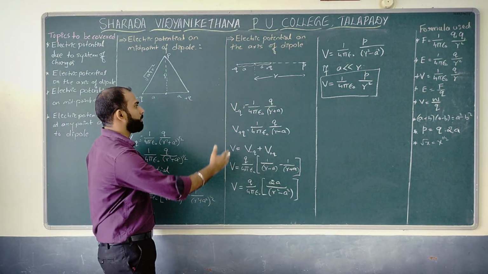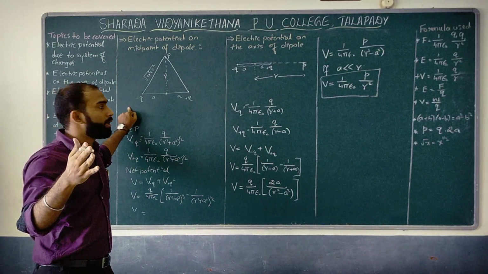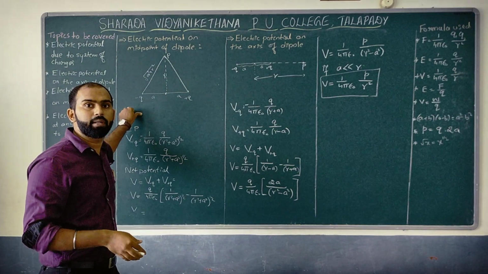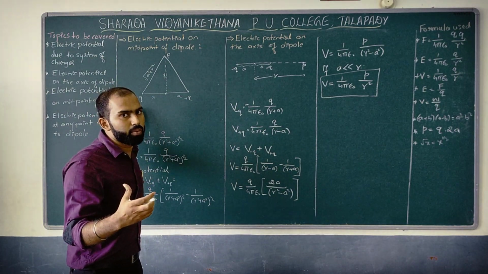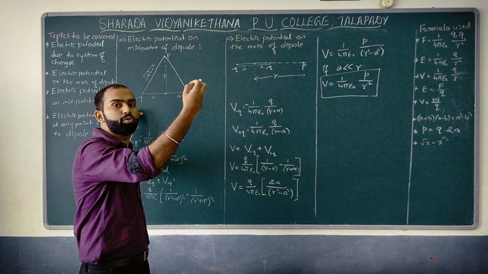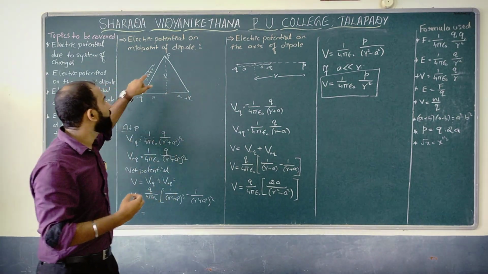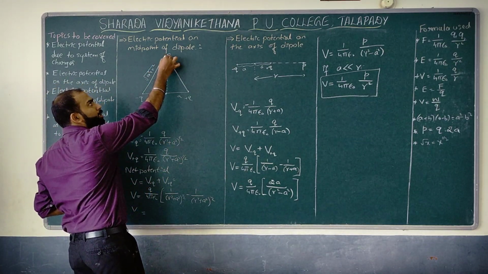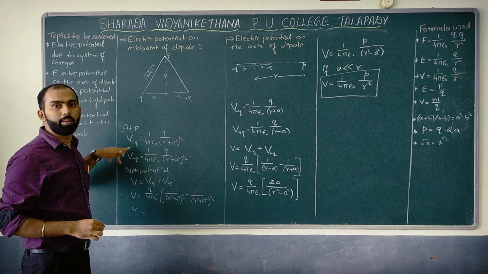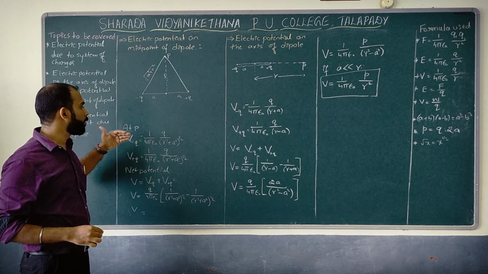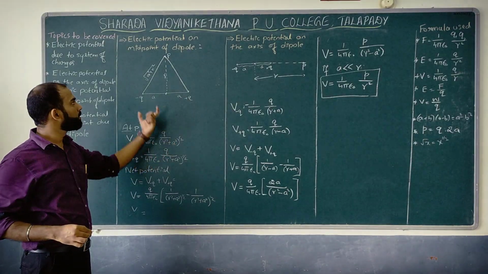So you use the basic formula, the general electrostatic potential formula, V equals 1 by 4 pi epsilon naught Q by R, where R is the distance between the point P, where we are supposed to measure the electrostatic potential, and the charge which we have kept. Here we are supposed to measure the electric potential at this point due to the minus Q charge. So V with the minus Q subscript can be taken as 1 by 4 pi epsilon naught Q divided by the square root of r square plus A square. This is how we got it, based on the Pythagoras formula.